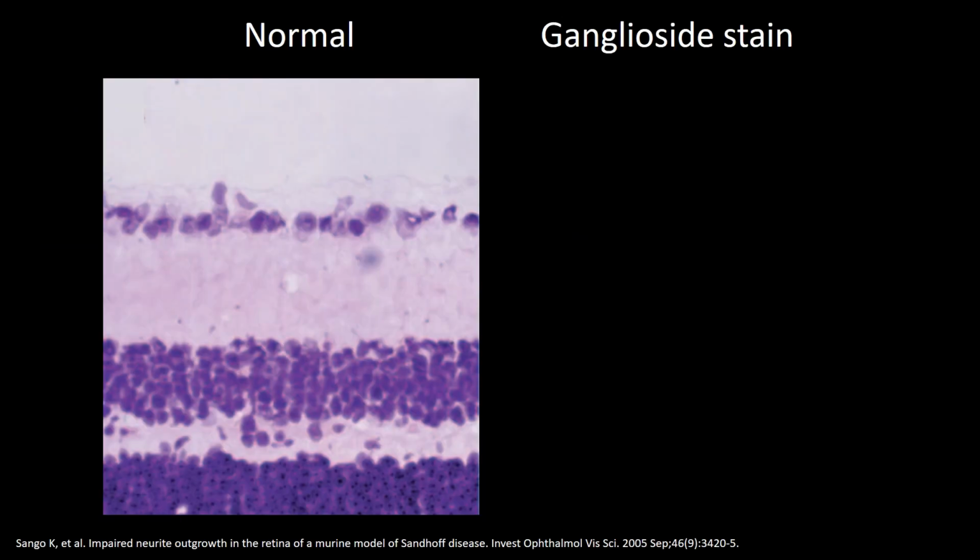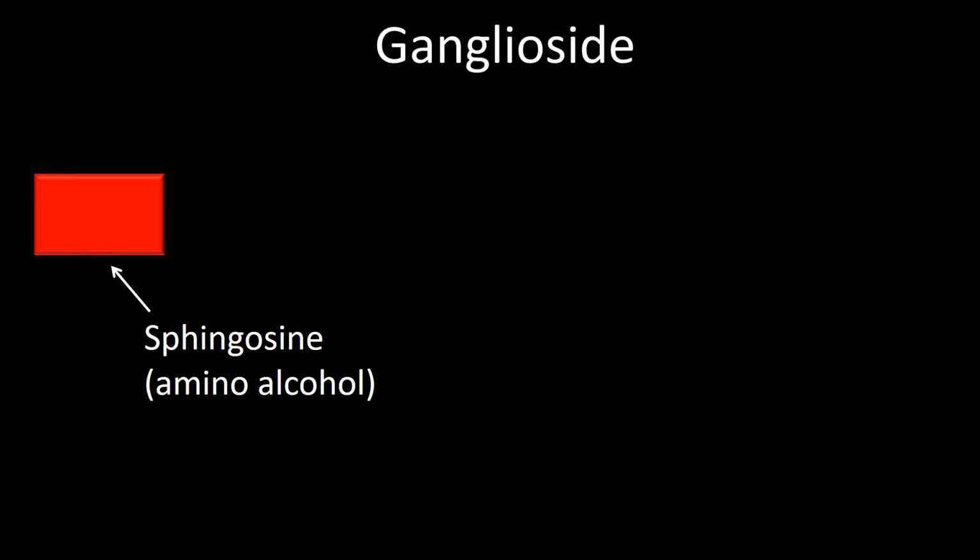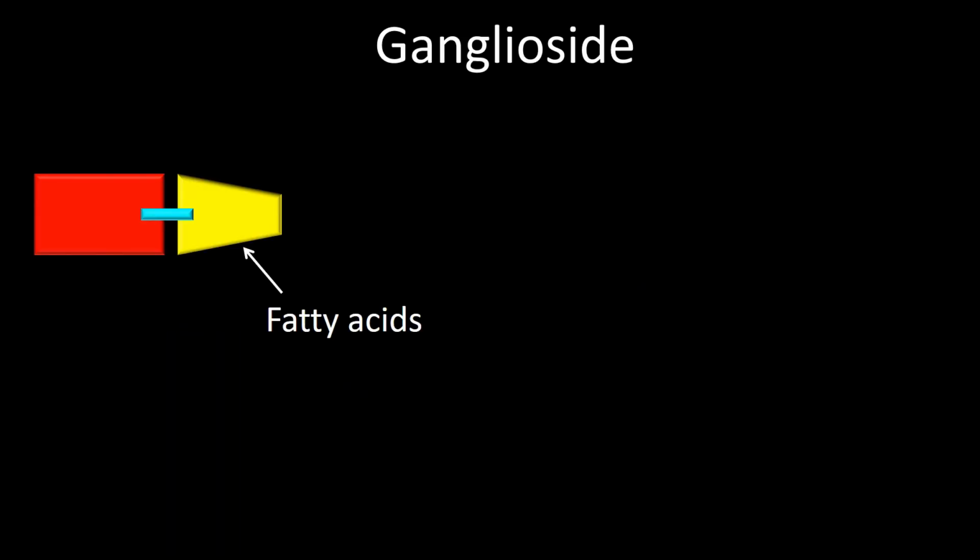This is a normal animal retina. Note the thickness of the ganglion layer. This is a specimen of gangliosidosis produced in the same animal. Notice the difference in the thickness of the ganglion cell layer in this condition. The question then is, what are gangliosides made of? Gangliosides are made of sphingosine joined to a fatty acid,